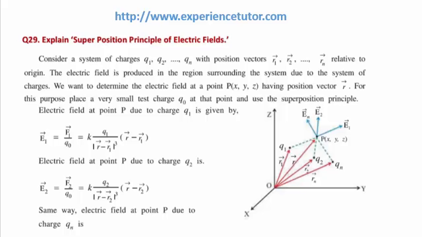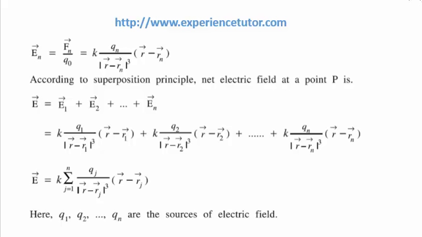Same way, electric field at point P due to charge Qn is En equal to Fn upon Q naught equal to K Qn upon modulus of R minus Rn to the power 3 multiplied by vector R minus vector Rn. According to the superposition principle, net electric field at a point P is E equal to E1 plus E2 plus E3